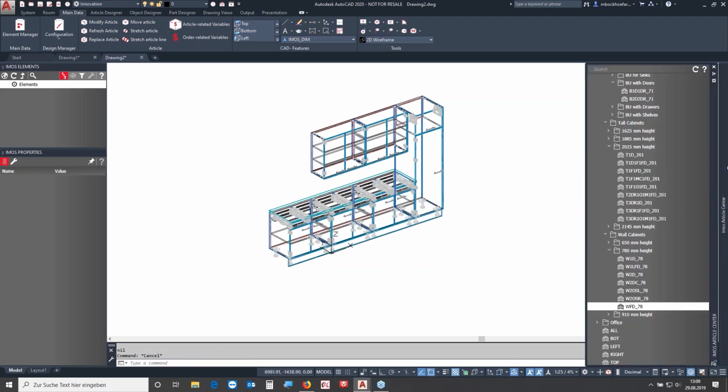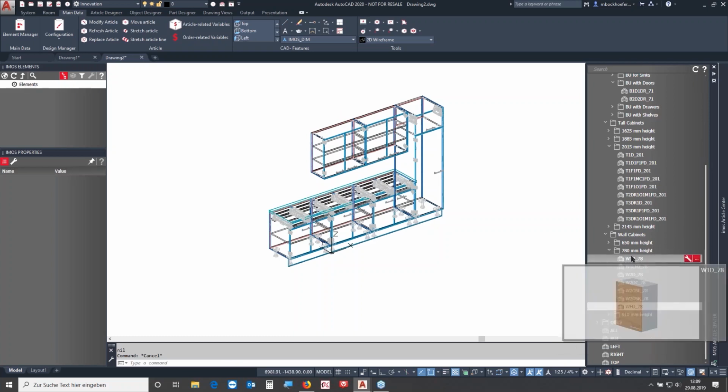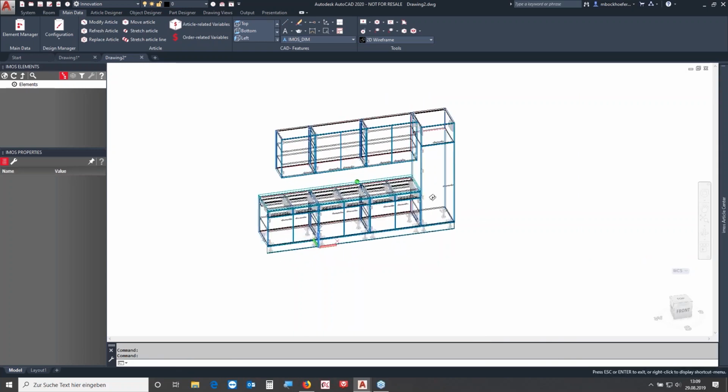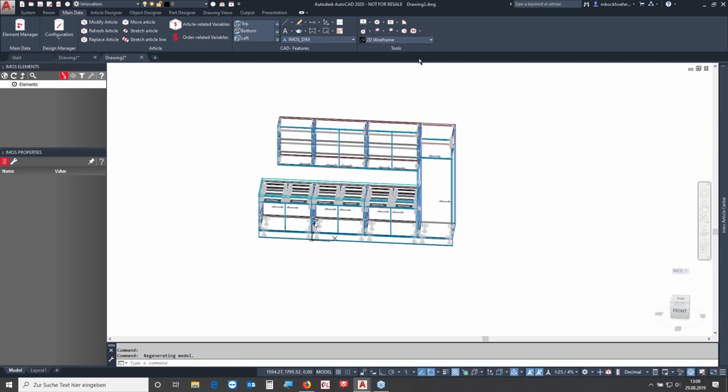Now let me take a smaller one. Okay, so now this is my kitchen line here, and